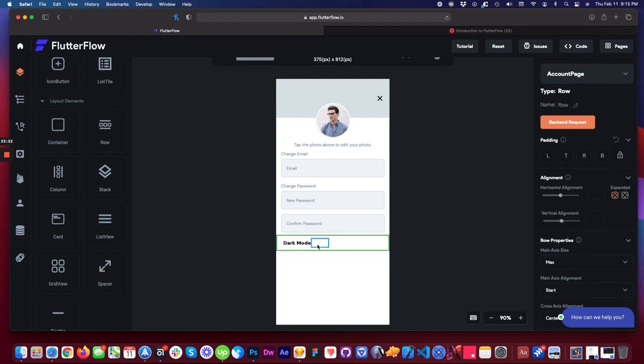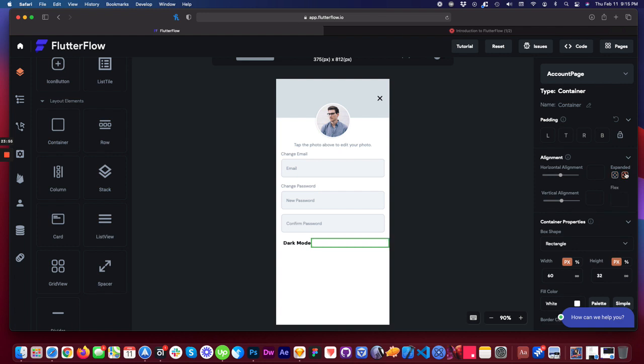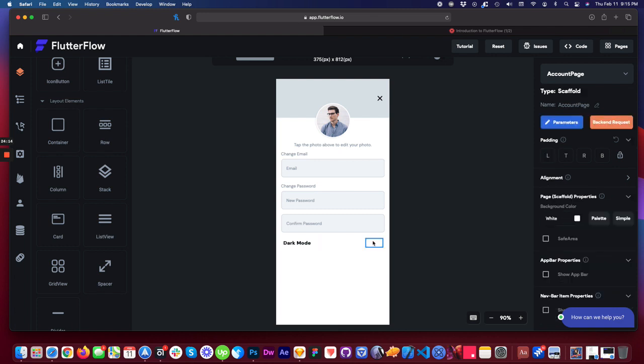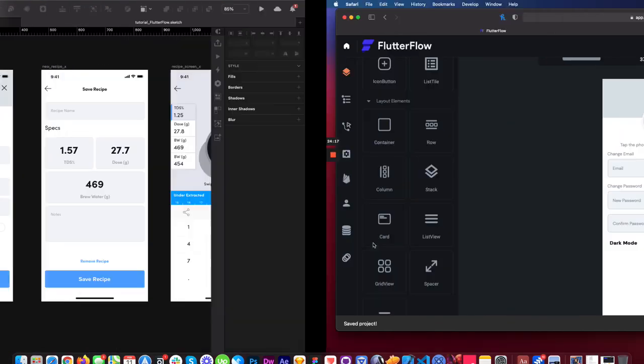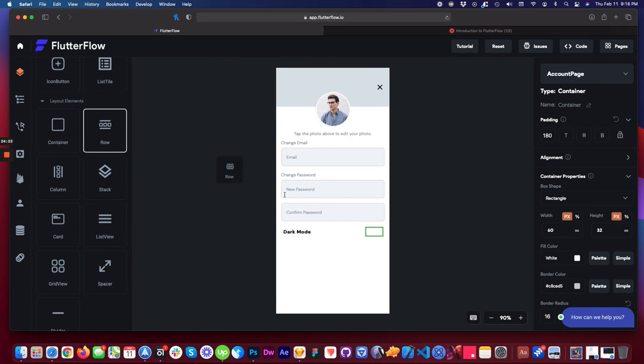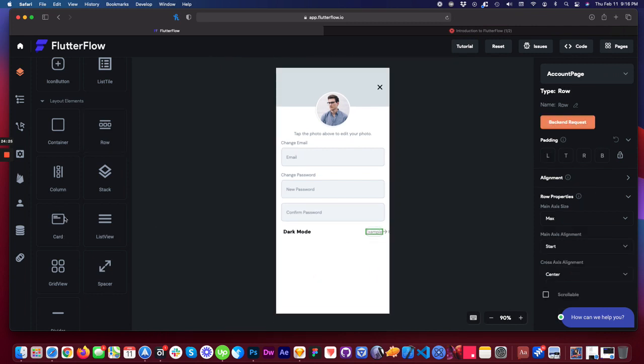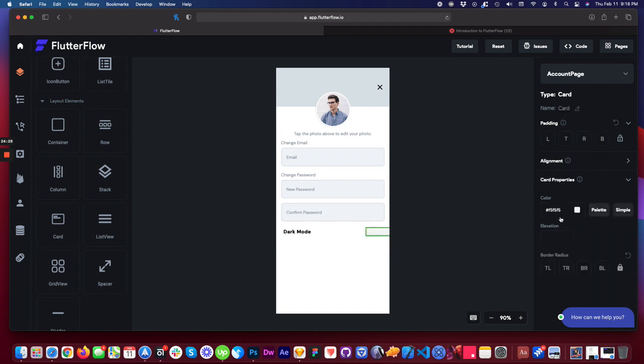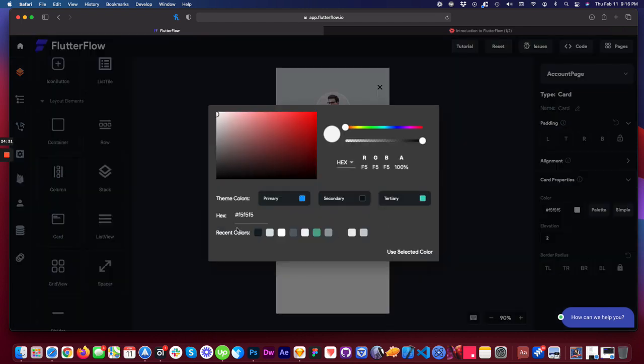Yep. Let's go ahead. Let's just set the padding at, let's go 160. Yeah. Nope. 180. Okay, cool. In this container, this is just a container, right? So that's that. Then we want a little card in here. So we're actually going to do a row, drop it in, and then we're going to do a little card, drop that in. And for the card, we're going to do it elevation 2, color white,